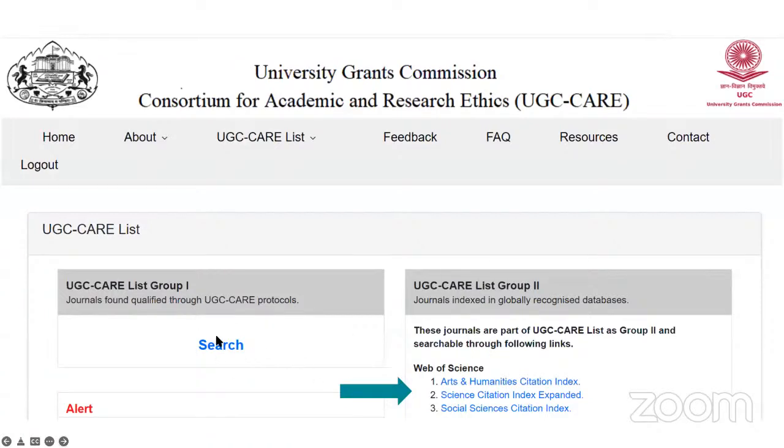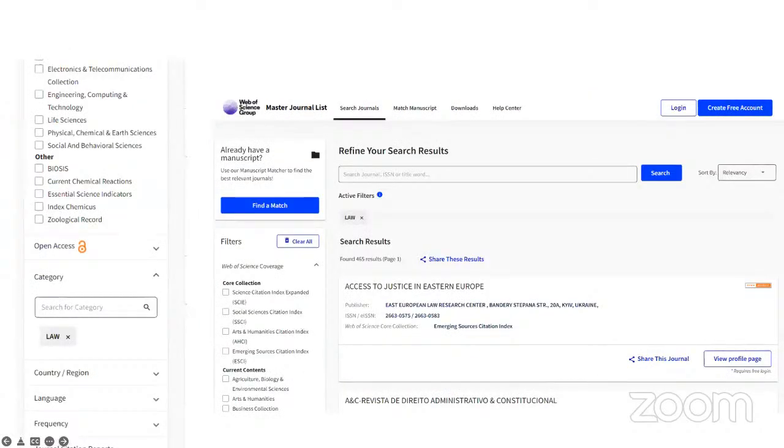So group 1 and then group 2. In group 1, you can just type and find out, but in group 2, all the journals that come under the Web of Science as well as Scopus are listed here. You can see Web of Science here. When you click on Web of Science, you will see this particular window.